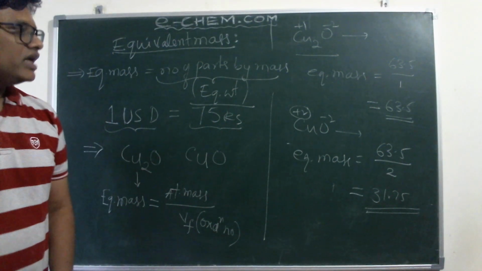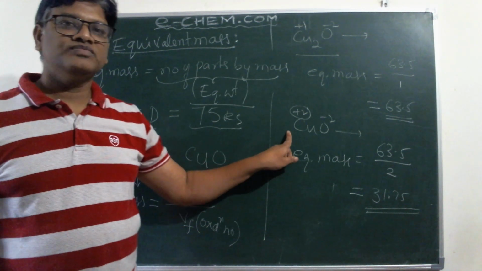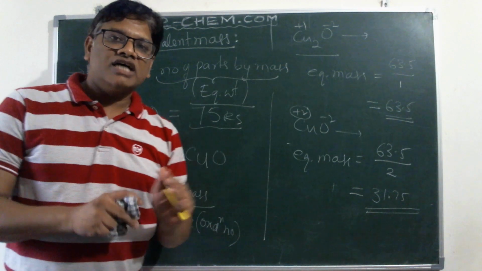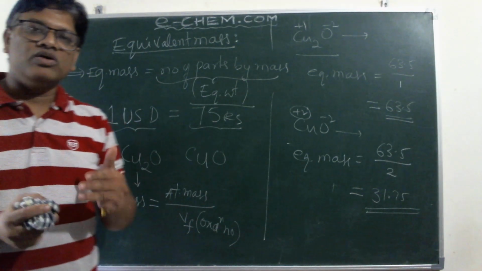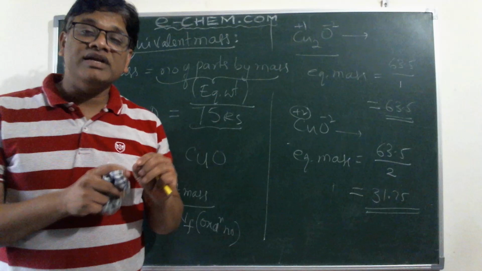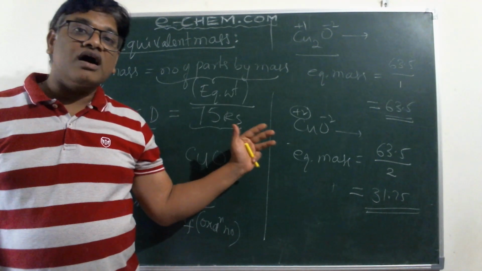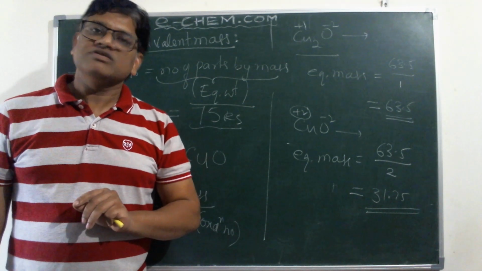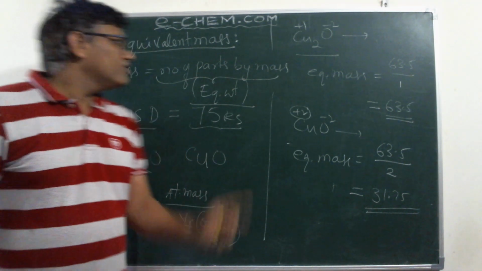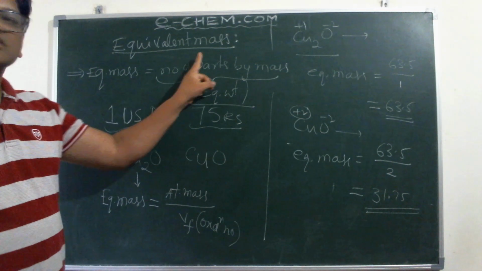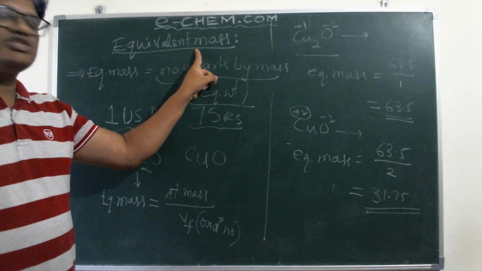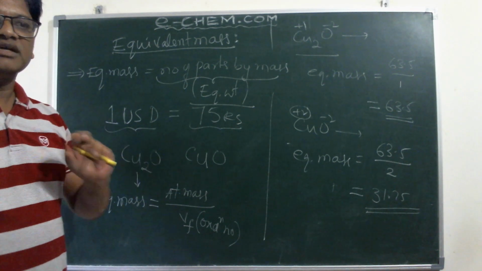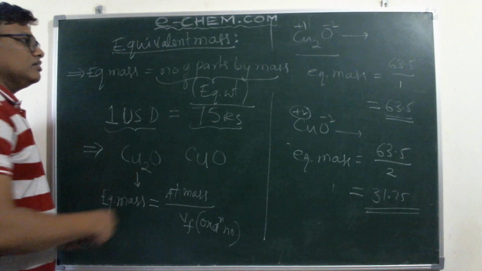Look at this: the equivalent mass for the same element differs in the calculation, so the equivalent mass varies from compound to compound for the same element, depending upon the reaction conditions, the composition, or the variation of the valency factor. So the equivalent mass is just a number which can vary from composition to composition. It's not the same, right?